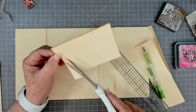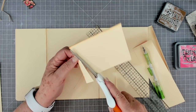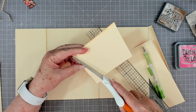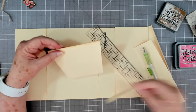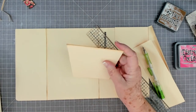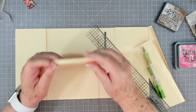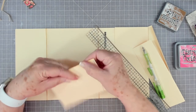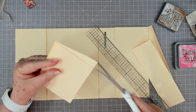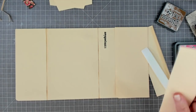Oops, got my scissors hung. Okay, that looks about right. And then on this one, I'm going to cut it the same way. So I'm just going to put this down on top of that one and then just cut. Oh yeah, that's much better. Okay, what we're going to do now